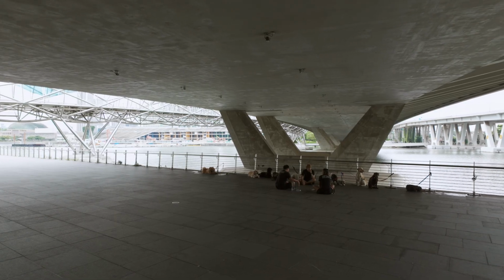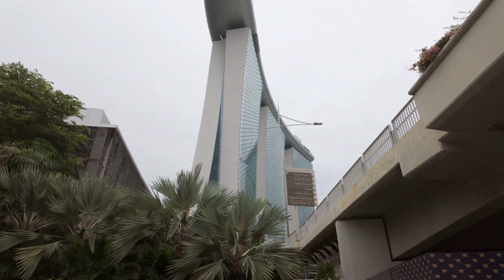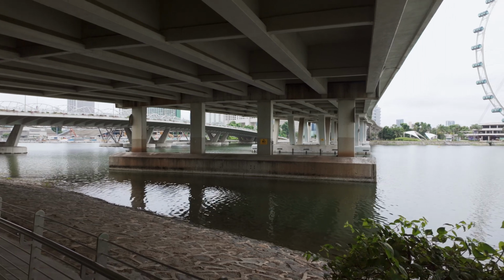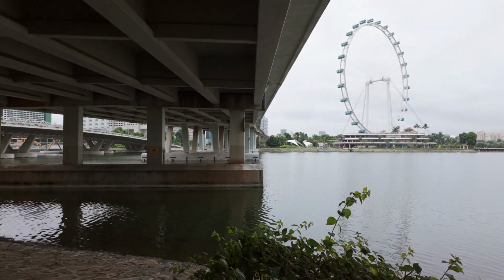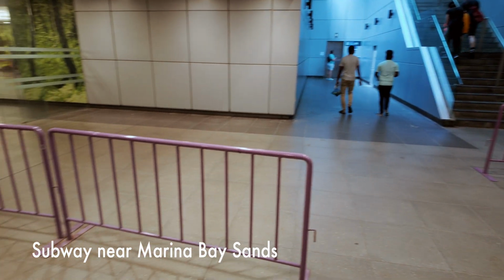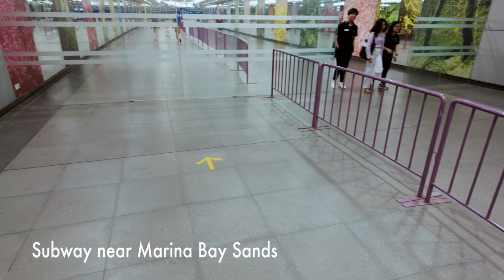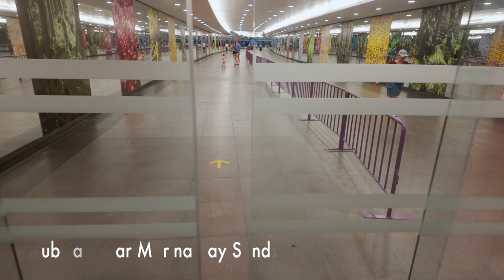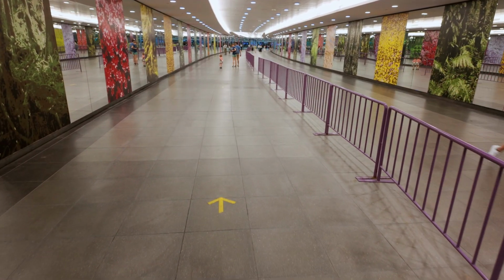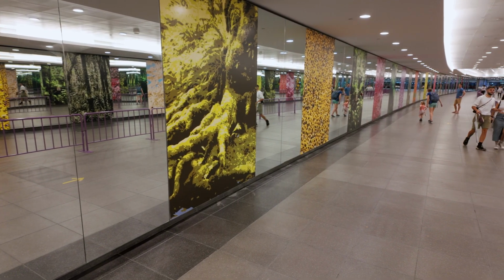From here I would walk down to the gardens by the bay. However, as far as this vlog is concerned, I will show you a little bit more around Marina Bay Sands, and I will put the gardens of the bay, which there's quite a lot of material for, in a completely separate vlog. To get back to Marina Bay Sands from the gardens of the bay, I used a subway, which